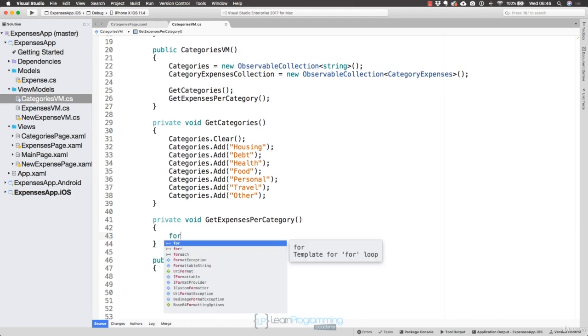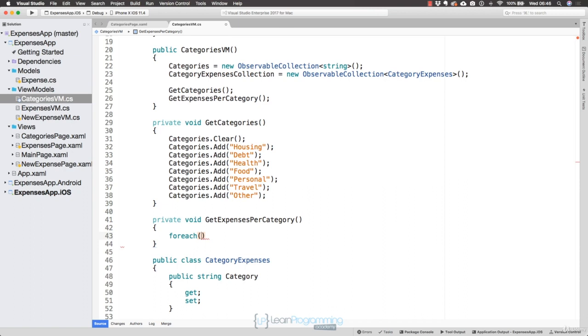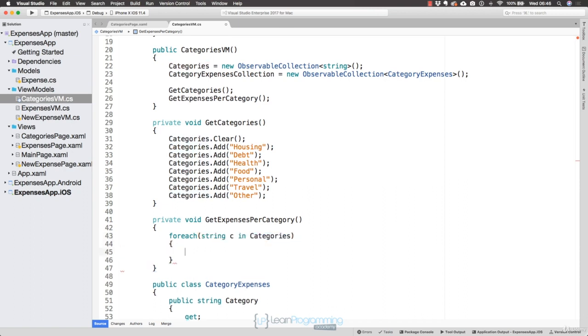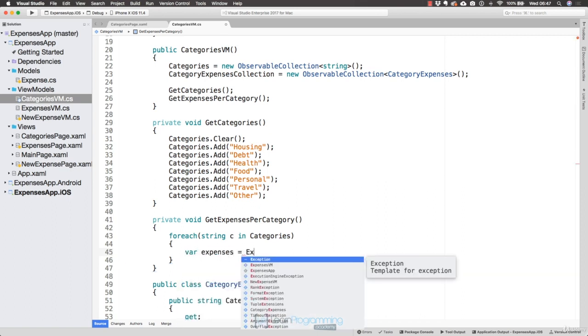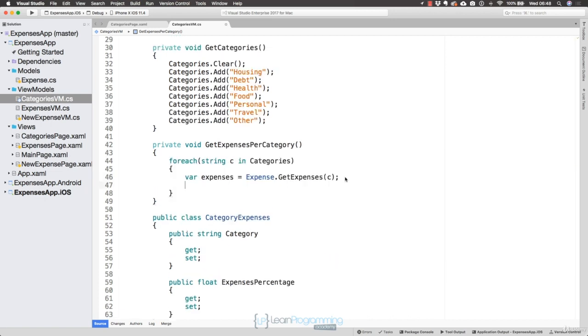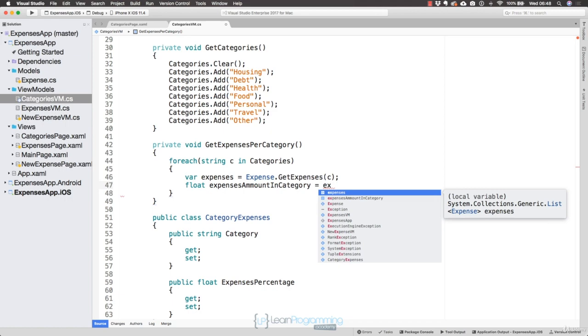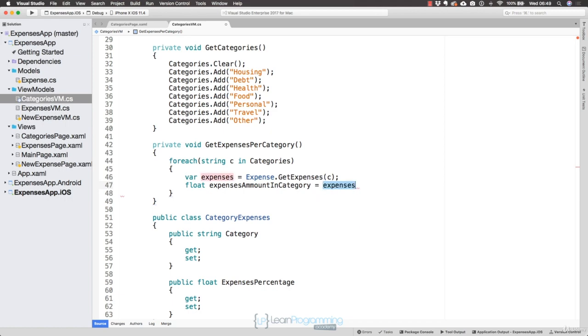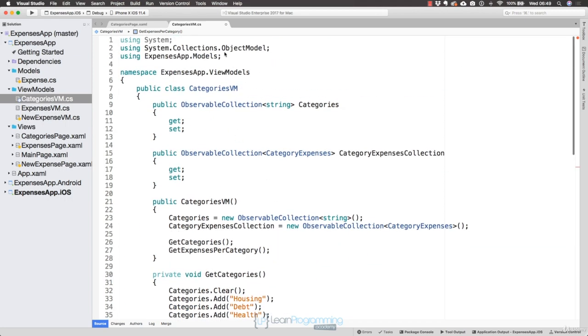So all I have to do is actually iterate through each of the categories, which I can do through the observable collection of categories that I already have, and get the expenses for that category by calling from the expense class the getExpenses method and pass that category. And I can get a new float of the expenses amount in category by, from the expenses, which is now going to be a list of expenses, call a method